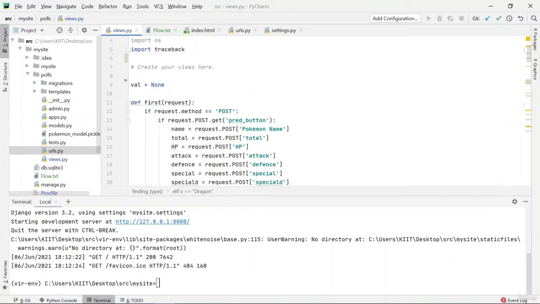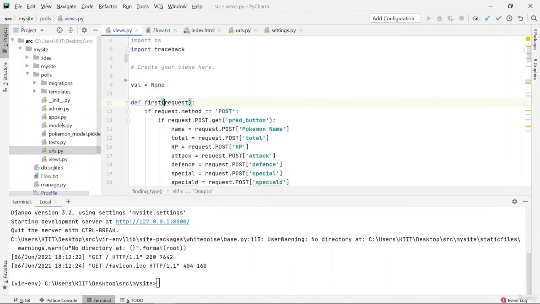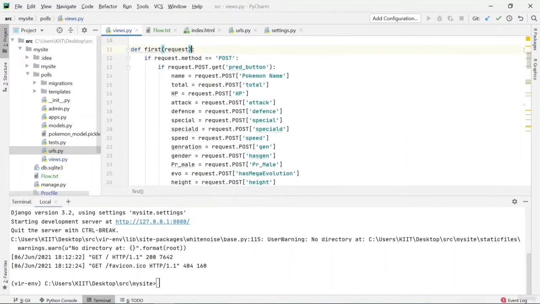But your first function, which is taking an argument, request, is actually rendering a page which is named index.html. So there are two types of function here at work. The first is rendering and processing the data. The second one is just processing the data.